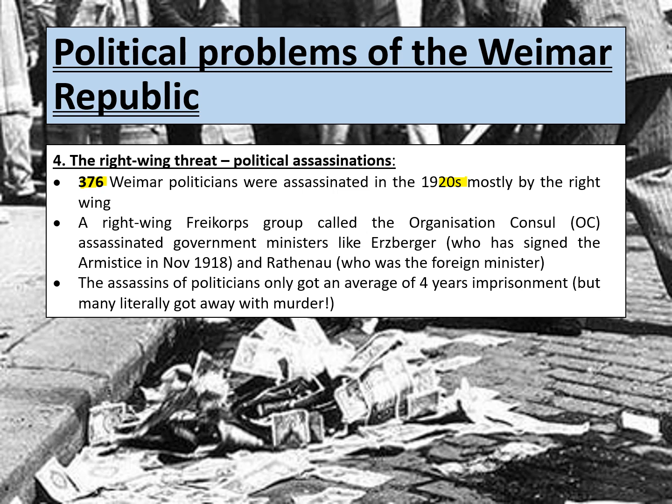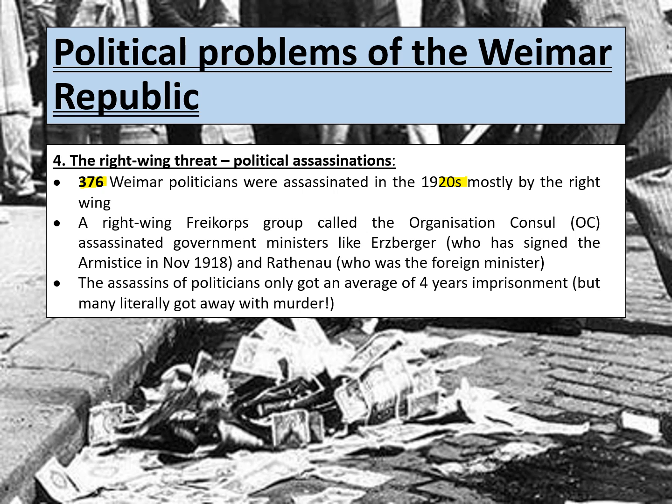Now, these two men had been involved in the government. So, for example, Rathenau was the foreign minister, Erzberger had signed the armistice in November 1918, and so they were resented by the right-wing Freikorps group. And so when they were killed, of course, you would expect the Freikorps group to be punished for this crime because they had assassinated a politician.